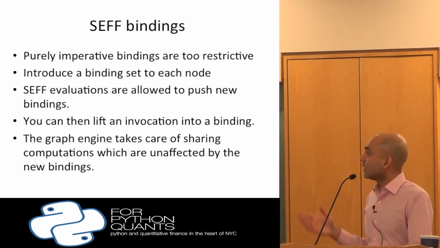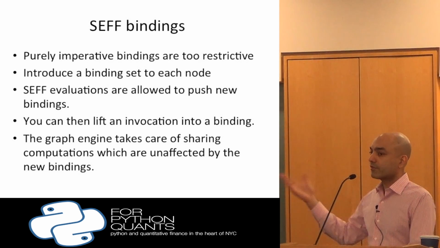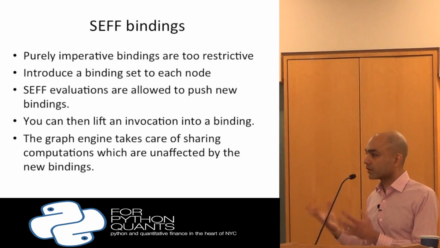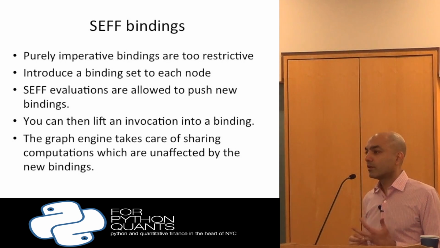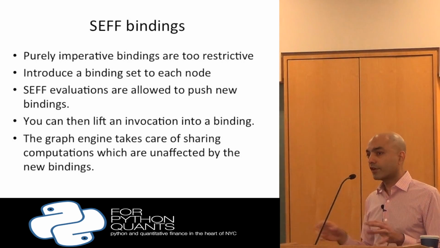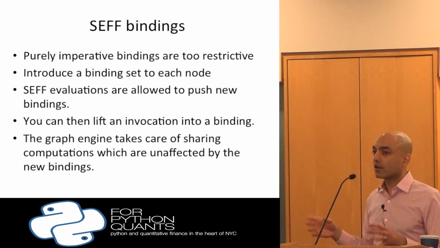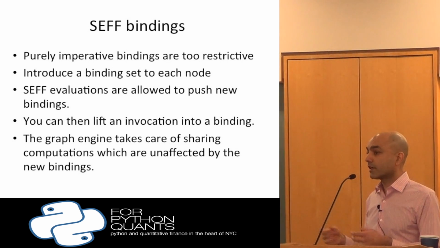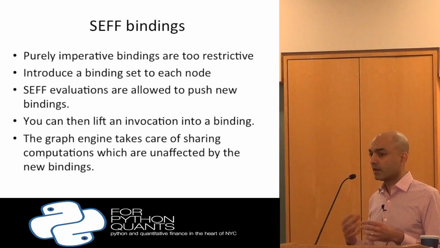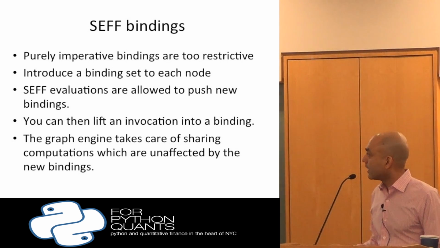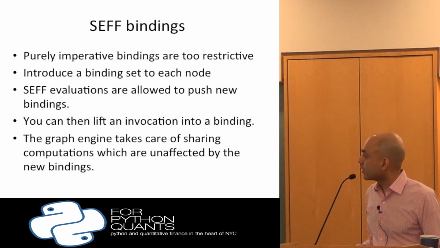So what you saw there was basically imperative bindings. So you have function calls, you can change the state of the graph, you're changing it in place. That's a little restrictive, right? Because we already talked about these being side effect free. So if I wanted to put something like a delta or a PNL as the result of a function, I couldn't do that, because as I'm doing that, I'm changing the state of the graph. I'm binding in place. So we'll introduce a notion of binding sets